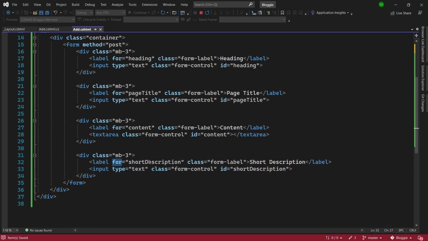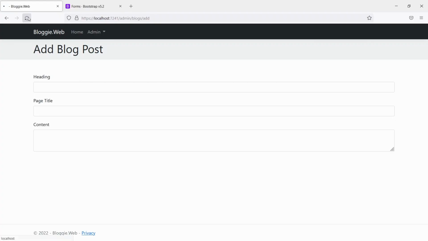And the for attribute works in such a way. If I come back and show you, I will open my website again, and if you click on the heading, it automatically focuses on the input element that the for or the ID is attached to. So if I click the content label, it focuses on the input element for the content label. So next is